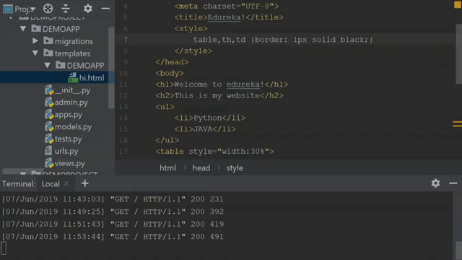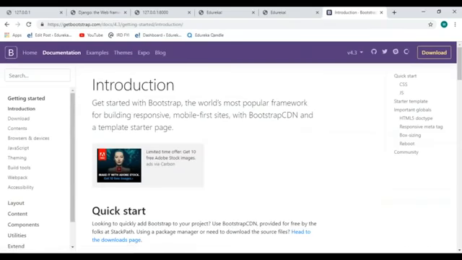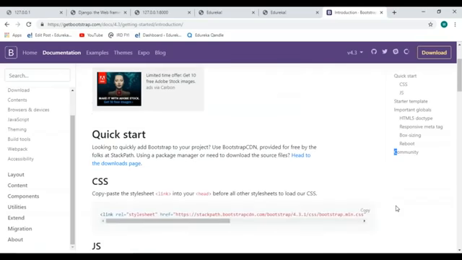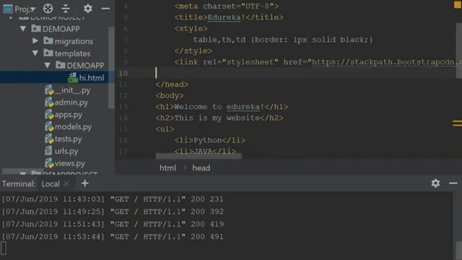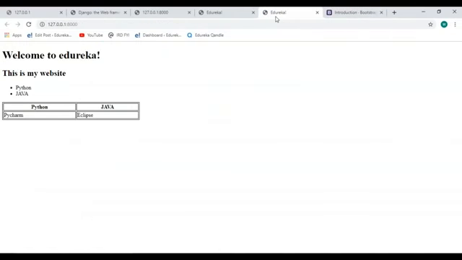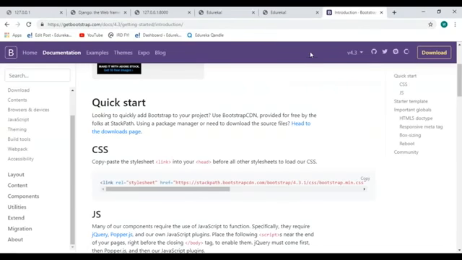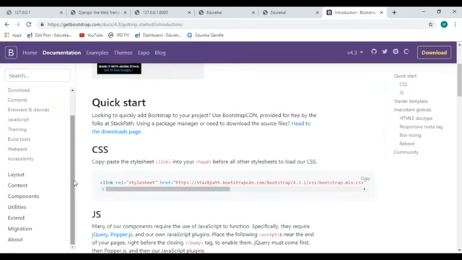To know more about HTML and learn how to create beautiful websites, you can just go to the Bootstrap website. And from here, you can take any code that you want for your website. So I'll just show you what happens when you use this. So let me just use the style from the Bootstrap, and it should be present within the head. So I'll just paste it over here. Let me save this. I'll go back to my server and I'll reload this page. As you can see over here, guys, using the small bit of code that was present on the Bootstrap website, my website looks so much better than what it was looking before this. You can use this Bootstrap website to create your own beautiful websites.